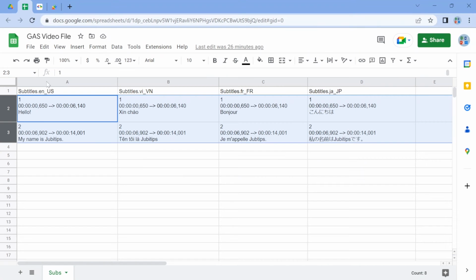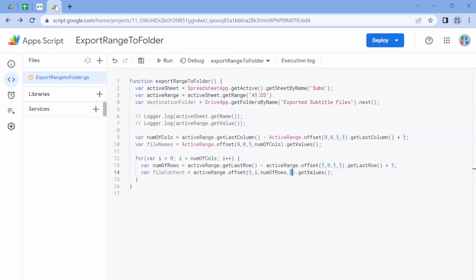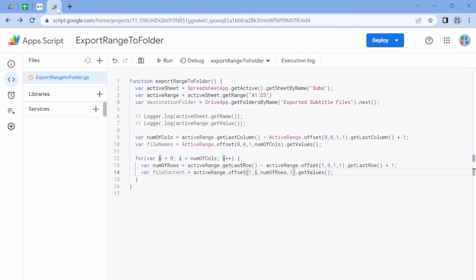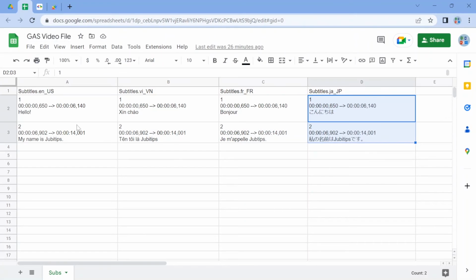So basically, it's gonna grab me this area here in the first iteration, and in the second iteration, it's gonna grab me all of the data here, here, and here. Okay. So for each iteration in this for loop, I'm gonna get myself a one-dimensional array that stores all of the data in each of these cells, sorry.